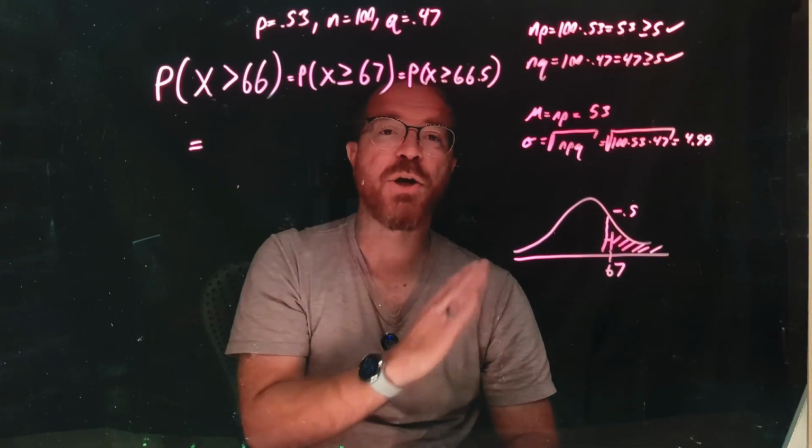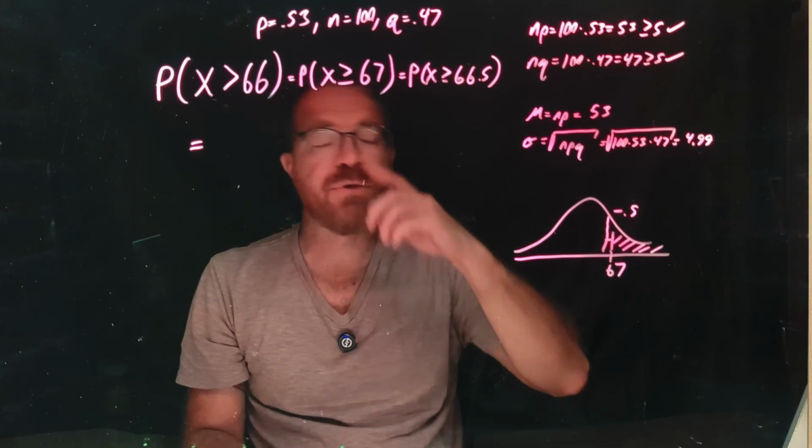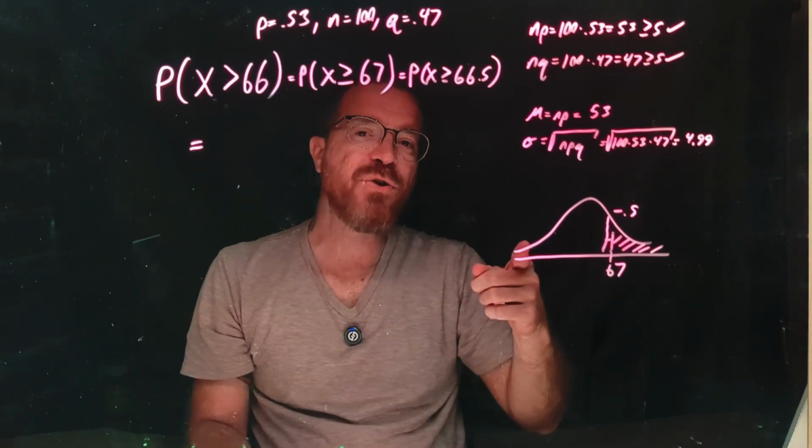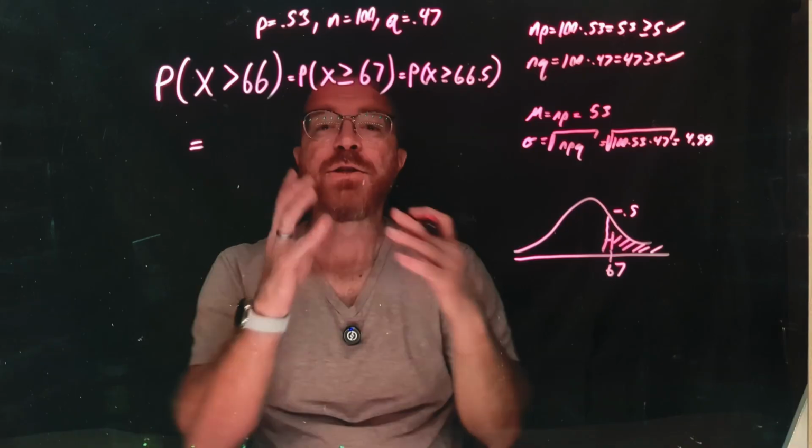So always just think of it in terms of order. Is it less than or greater than? Convert it to less than or equal to or greater than or equal to. Then do your correction for continuity by whatever makes your interval bigger. Okay. So now that we're at this step,